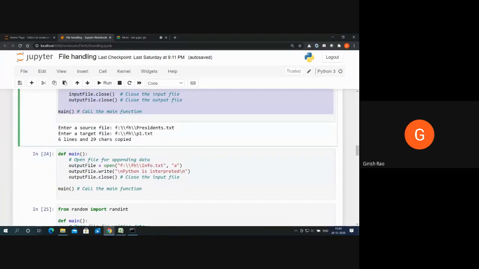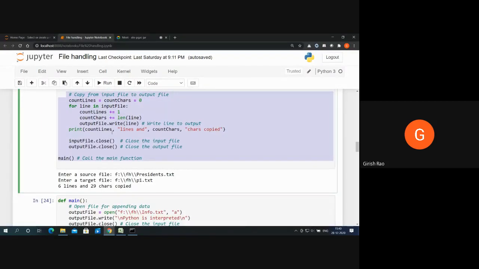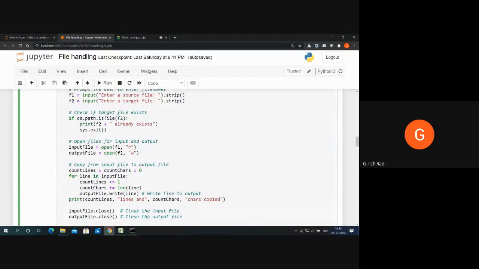So I hope you must have executed this code. Now an assignment. If we look at this particular program, we read the content from this particular file and wrote it in this file. So which line was responsible for it? This was responsible for reading the content from this file, and this line was responsible for writing the content, and this was only displaying the contents on the screen.